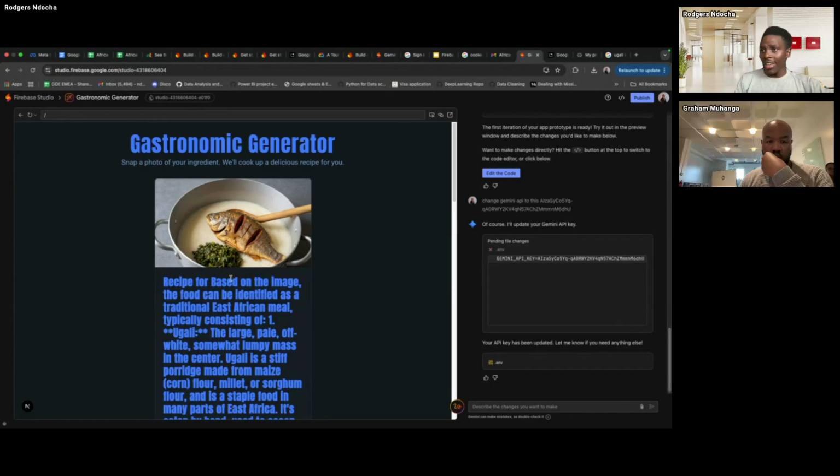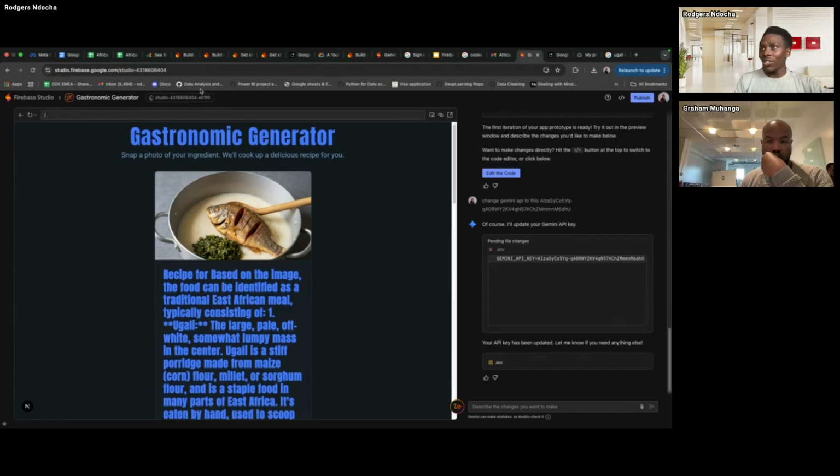You can see it has one of the prompts we were indicating: after identifying the image, you regenerate the image. So this is a new image which is regenerated with fish and ugali. I'm not quite sure if ugali looks like this or this is uji from the Kenyan side.